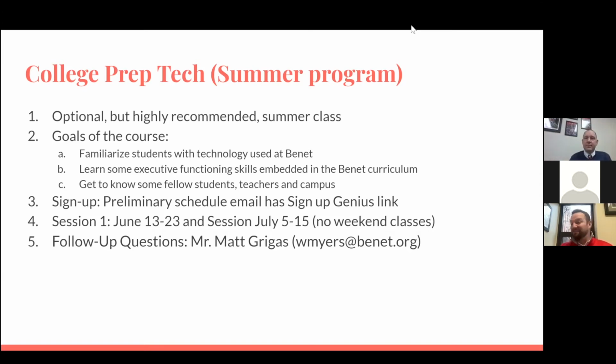In addition to that, we want them to know the campus, the building, the layout. So we'll have them do scavenger hunts and other activities in the building where they'll get to learn about our culture, our climate, and our expectations. The class is actually for credit, and it does count towards their GPA as well. So it's also a way for them to learn the academic expectations that we have here at Bennett Academy in an environment that everybody's slowly moving through that process and learning about what makes Bennett Bennett. We are going to be sending out a sign up for College Prep Tech